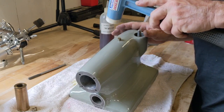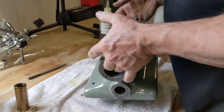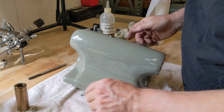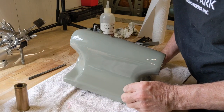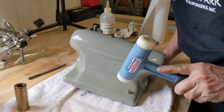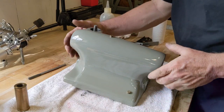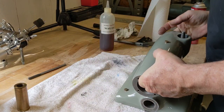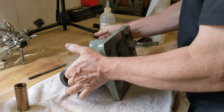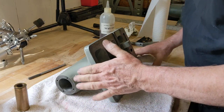Okay. All right, that guy's in. And then this one right here. Let's see that guy right down here. Okay, we got those in. So now let's flip this over, and we have to get the bushing in there,